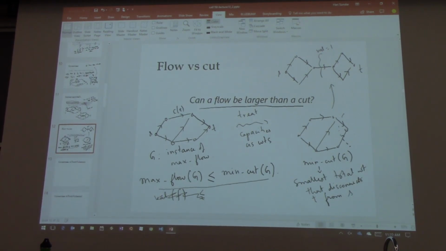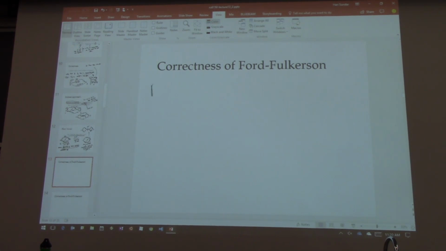Okay, so the proof strategy is, for the flow we end up with in the Ford-Fulkerson algorithm,